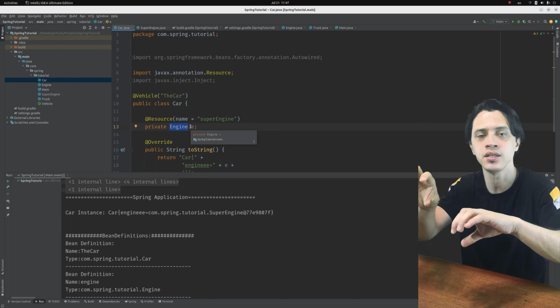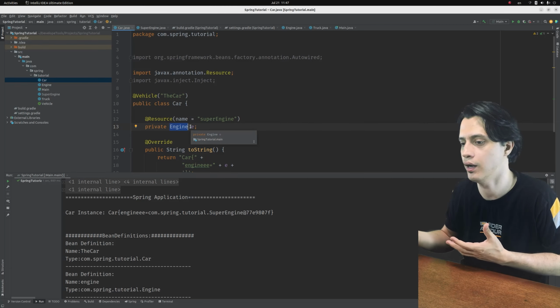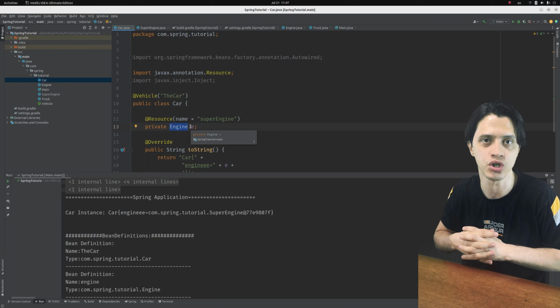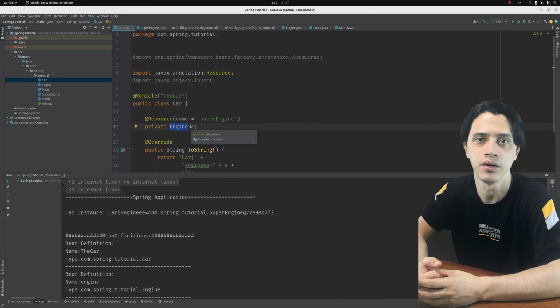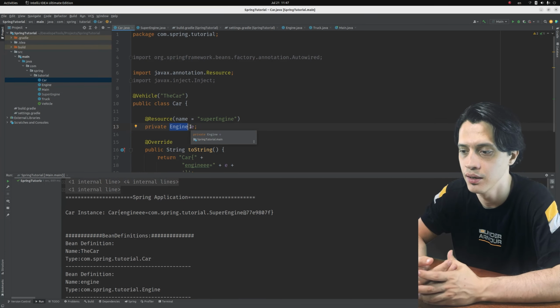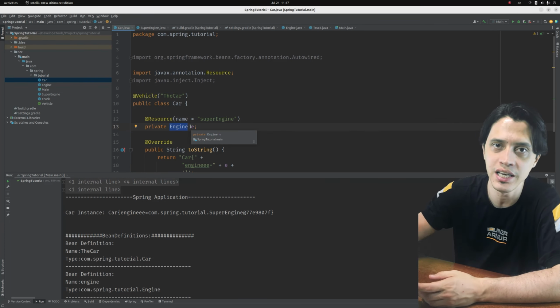So having these two, we help Spring to identify the bean definition exactly, and also help us with resolving the type at compile time. And those were the 3 ways of